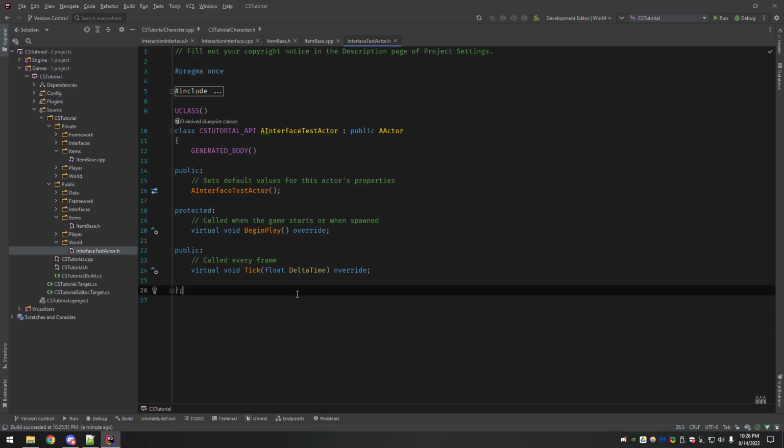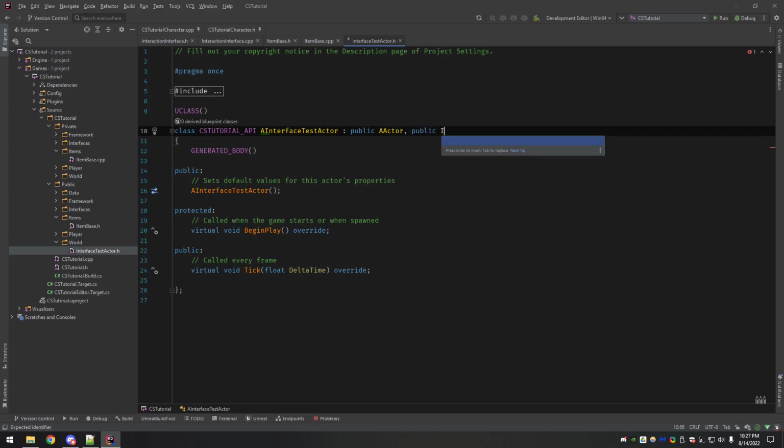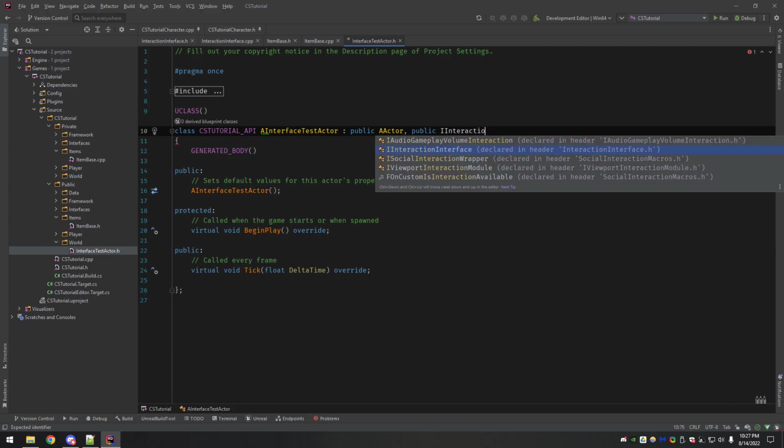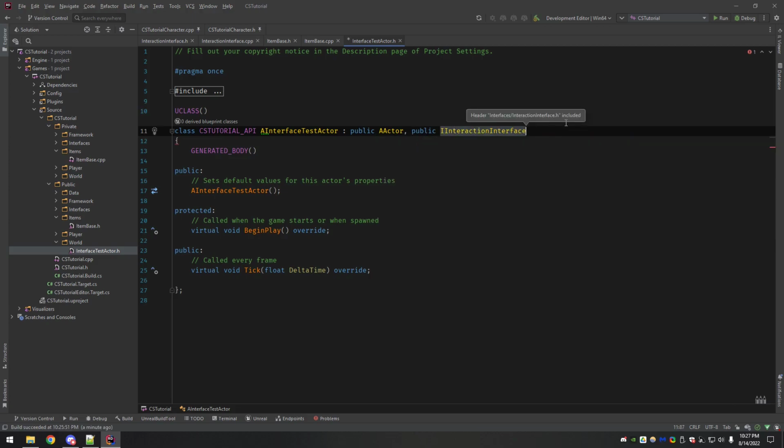If you want to experiment, you can feel free to add more actors that implement this. It's pretty simple. Open up the header for the interface test actor, and right where we inherit from actor, we just put a comma, and it's going to be public IInteractionInterface that we created.